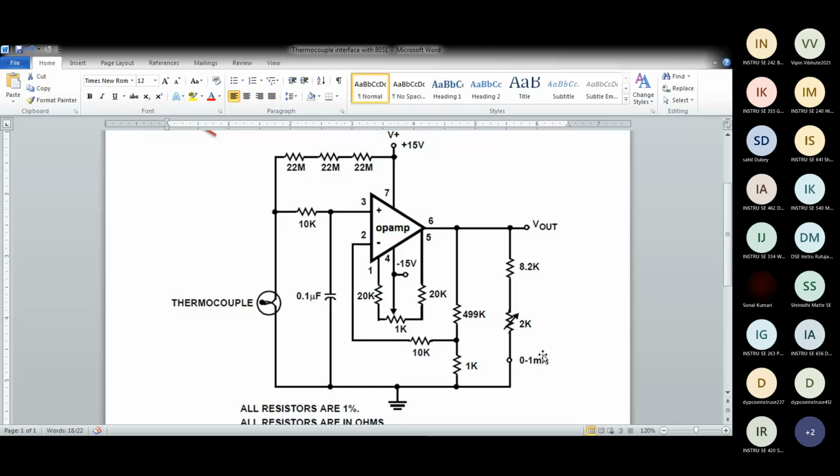The design of these resistors and their values will depend upon your application, your input, and which op amp you are using. These are just simple examples I've given you, 10K, 1K. It all depends on the type of thermocouple or input, how much output you want, and which op amp you are using. There are thousands of op amps available in the market. Nishant, was it clear to you? Yes, sir. So this is a very different topic, and you have to study it very well to do such interfaces.